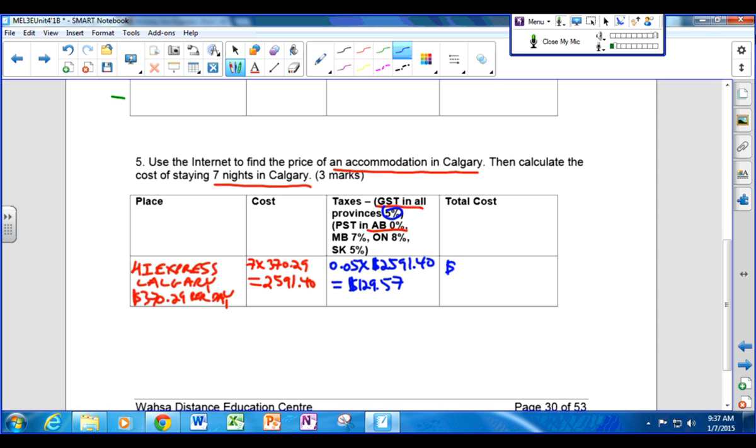Okay, so again, we ask the question: when you check in, very often, if you're going to be staying for 7 nights and you're going to be racking up a bill like that, they're going to want a credit card. And they're going to want a credit card that has enough room on it to pay for almost $3,000. Okay, so again, something to keep in mind because otherwise it could get kind of awkward when you're checking